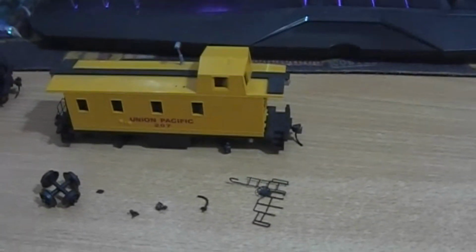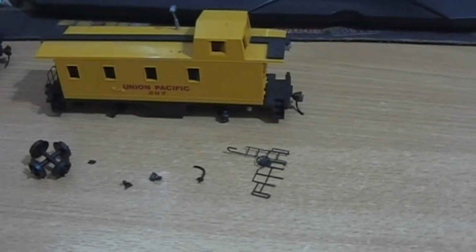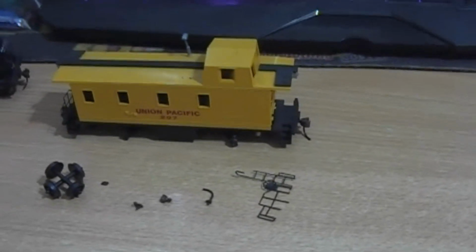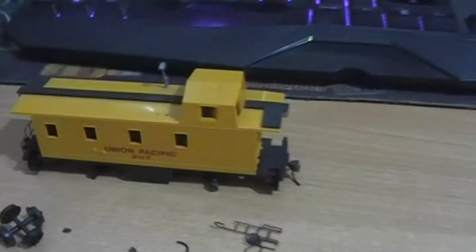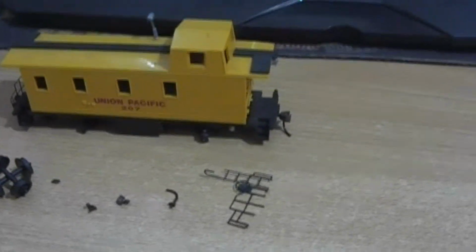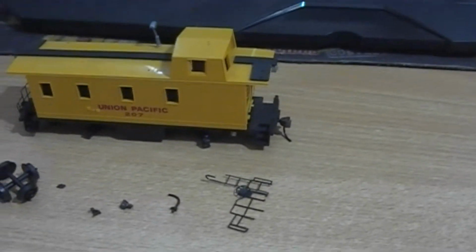Well, I bought a box of junk. I think the guy might have chucked the stuff in the box because, like, you know, it's damaged anyway, so who gives a you know what. So it's a little bit more of a kit form than it started, but nothing too dire, and most of it was damaged anyway, so